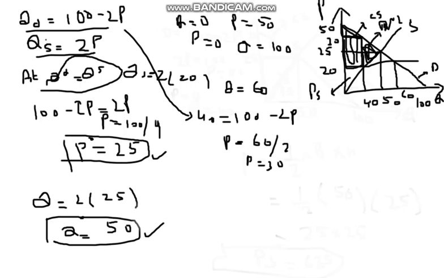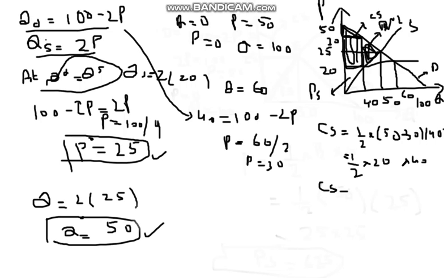So first we will calculate the consumer surplus, the area of this triangle, which is half into base into height. We will just simply do the calculations. You can just remember the formula. So 1 by 2, 50 minus 30, into 40. So this is the base of the triangle and this will be the height. So we get 1 by 2 into 20 into 40. When we simply do the calculations, we will get the consumer surplus of 400,